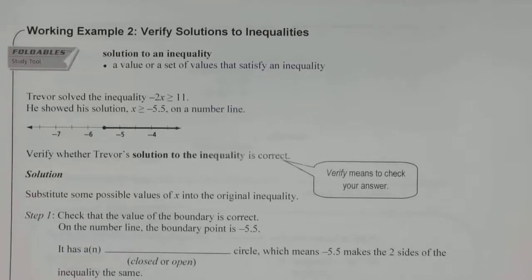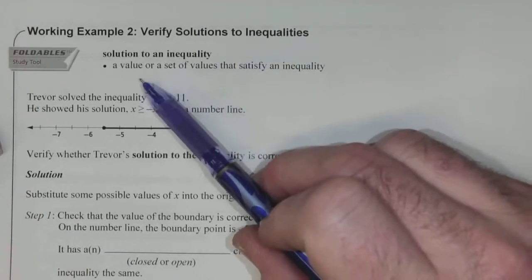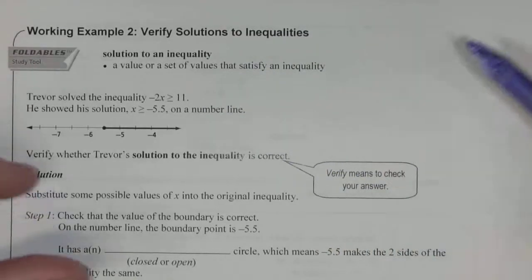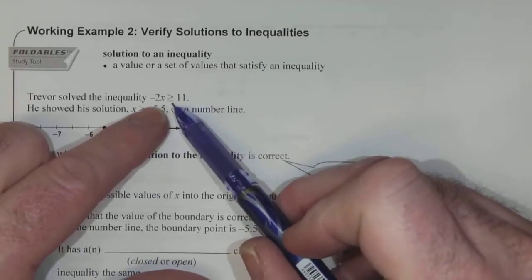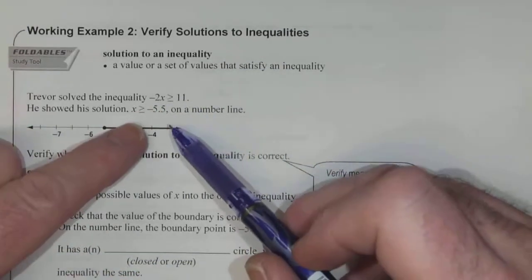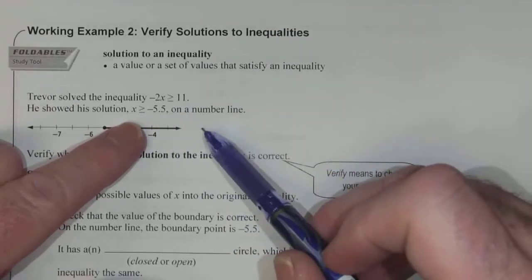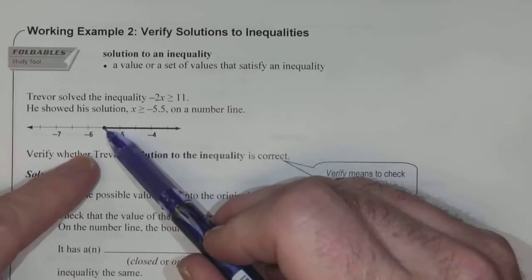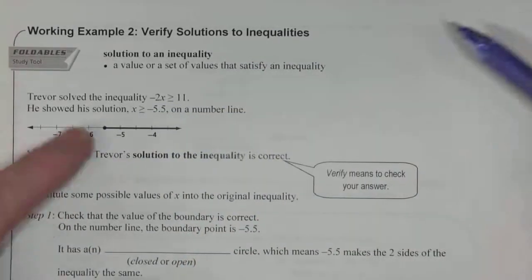All right, let's continue with working example number 2, verify solutions to inequalities. A solution to an inequality is a value or set of values that satisfies an inequality. For example, Trevor solved an inequality of negative 2x is greater than or equal to 11, and he showed that his solution was x is greater than or equal to negative 5.5 on a number line. So he's drawn that here. He's got negative 5.5. It's greater than or equal to that number. It's a closed